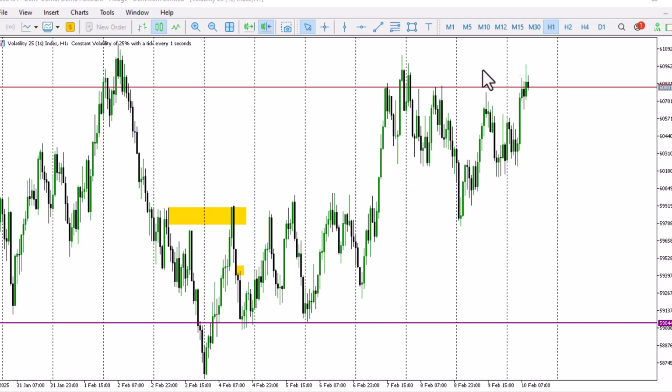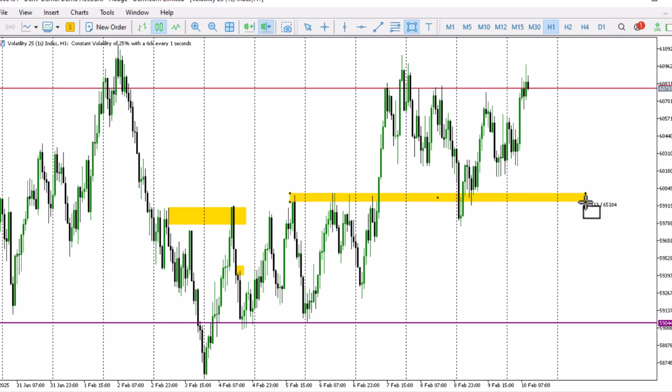So this is the H1. I want you to see something. This was a high that was taken out, right? So this was a high that price took out, and see what price did. It came back, retested that particular high, and went